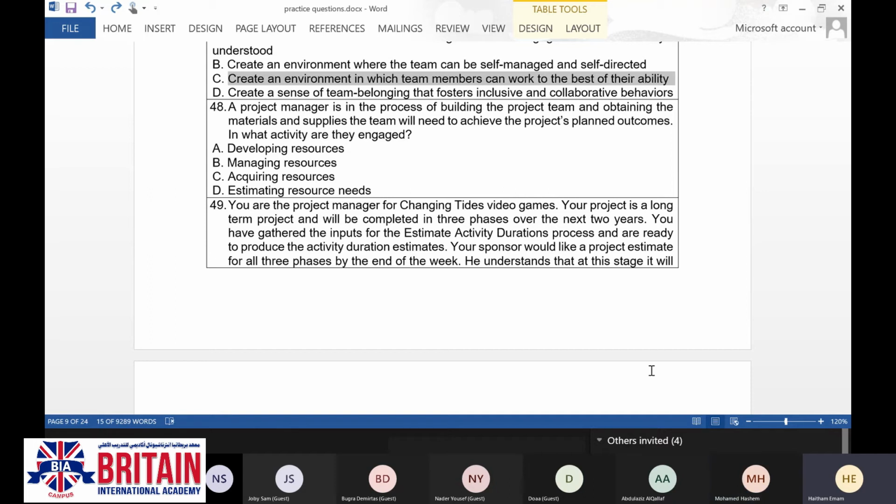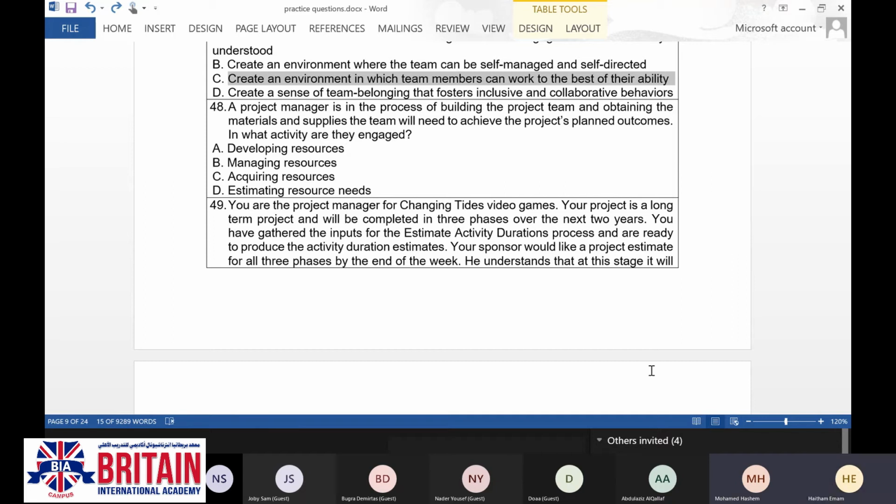So when it comes to resource management, we are going to pass through certain steps. First of all, you are going to plan resource management and estimate the resource needs. This is part of planning. When it comes to manage and develop project team, you get your money or not yet?